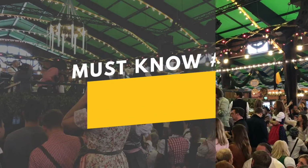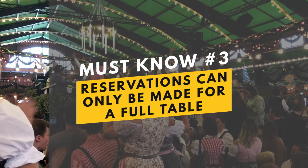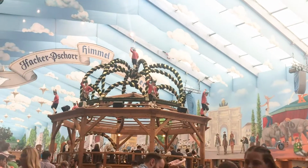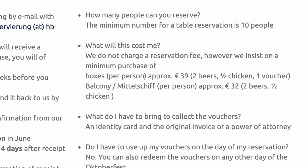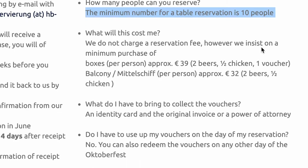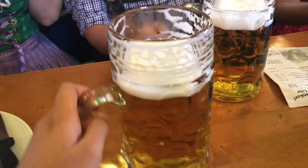Must know number 3 is that reservations can only be made for a full table. At Oktoberfest, there is unfortunately no such thing as reserving just a seat for you and a friend. If you're committing to a reservation, you are committing to booking out the entire table, which is usually 8 to 10 people. More accurately though, what you're committing to is actually paying for enough food and drink to feed 8